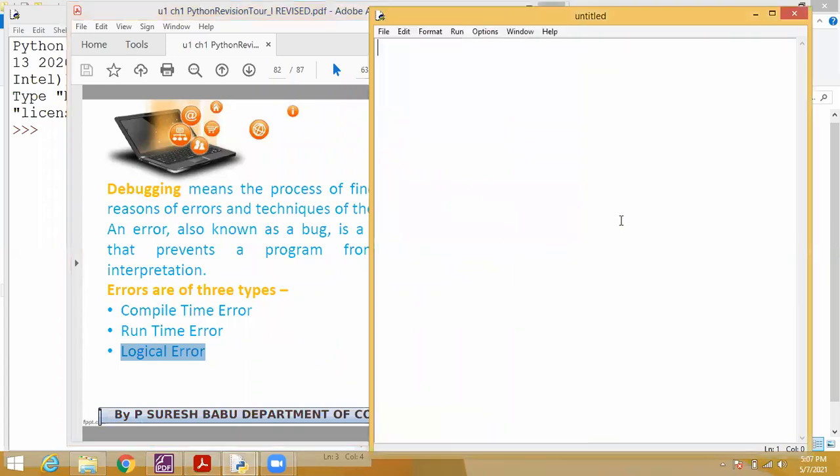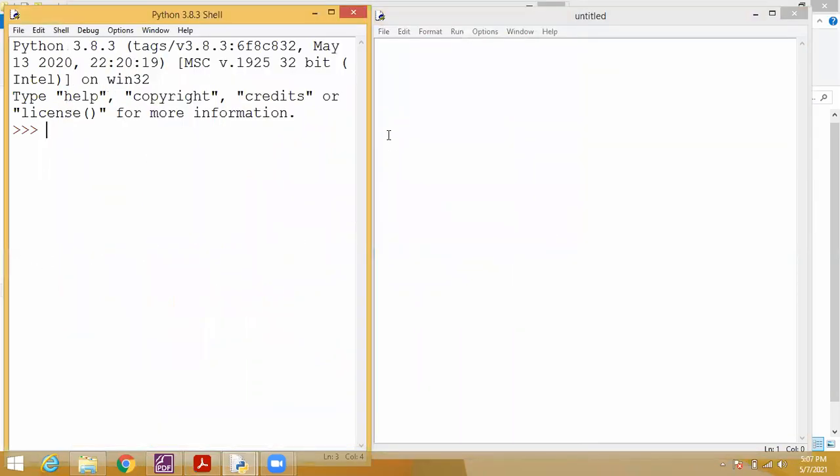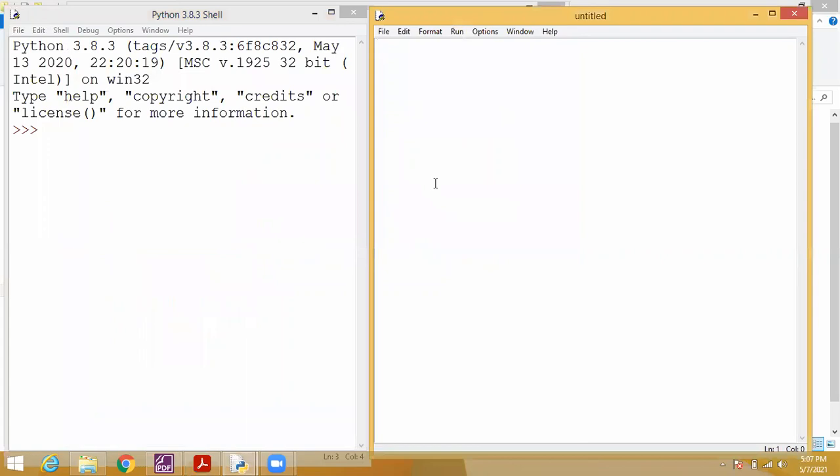So first we will discuss compile time error. Compile time errors will be mostly syntax errors. Syntax errors means, students, what is syntax? Students, what is syntax?